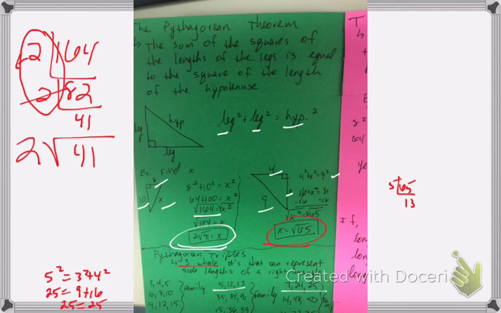Now, how can these triples help us? Well, if you can ever recognize that you're looking at a triple, then you can use that to help find missing side lengths without necessarily having to get into Pythagorean theorem and doing all the squaring and square rooting and all that kind of stuff. For example,